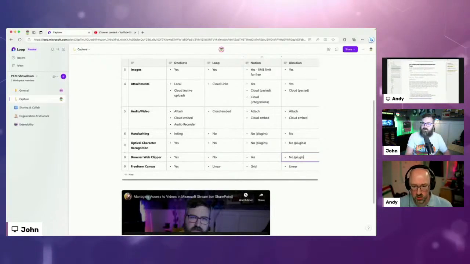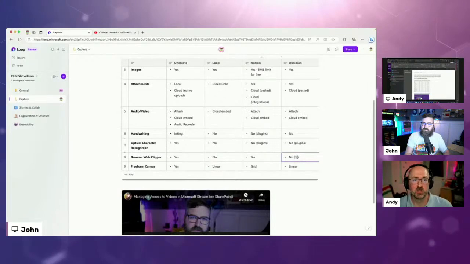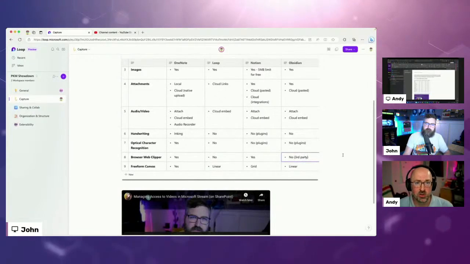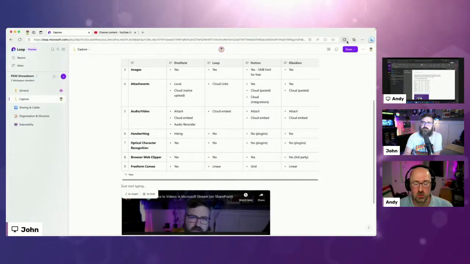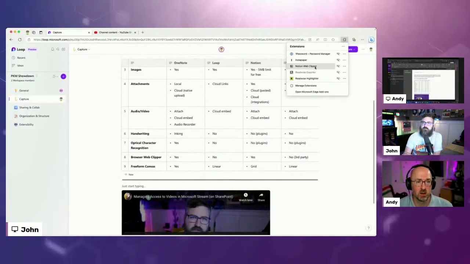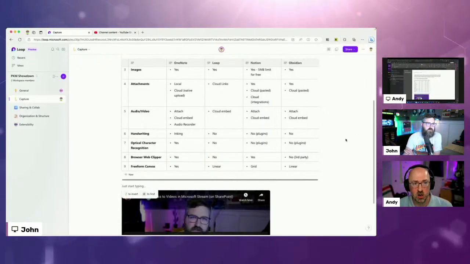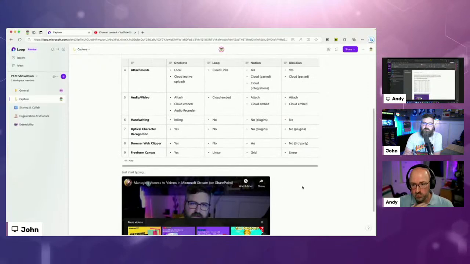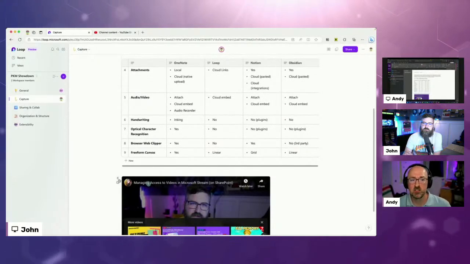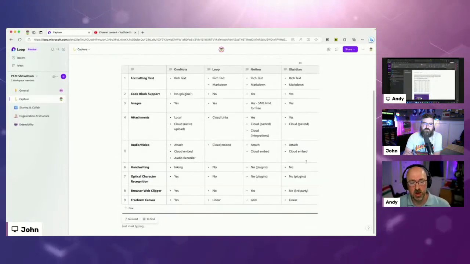Yeah. Okay. Now, since we're talking about clippers, can I sing the praises of the OneNote web clipper? I use the absolute mess out of the OneNote web clipper. That is one of my favorite features of OneNote. I've captured so much information with that, and it has saved me so many times because of how convenient it is.